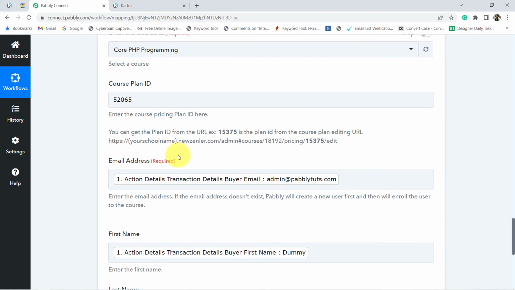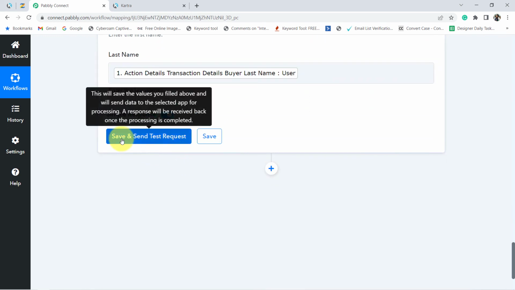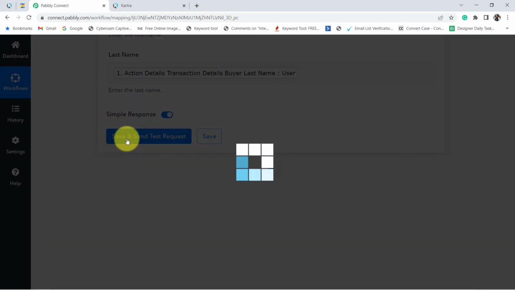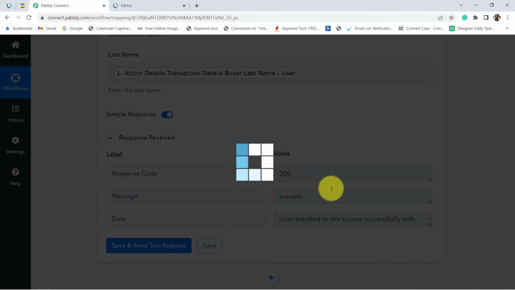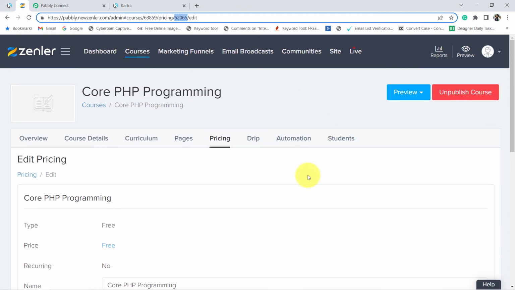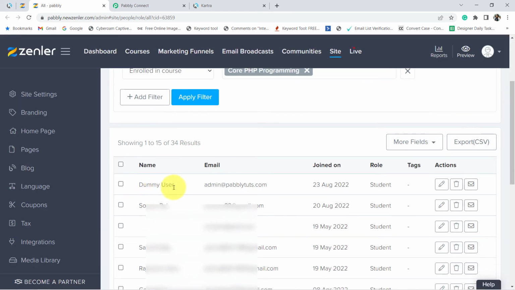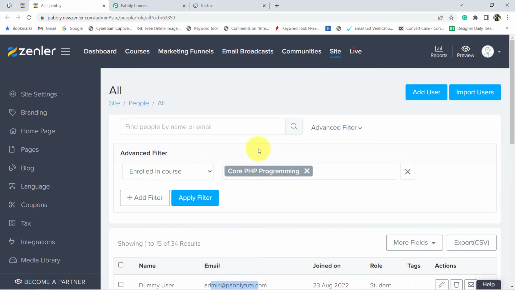Finally, I have provided all the information which is required to enroll the user in a course. Clicking on save and send test request and wait for the response. You can see success is there. Going back to Zenler and going to refresh this section. Okay, going to open the student section basically. So you can see the name and email address of the user are the same, which we have actually enrolled with the help of automation. So that means our automation is working absolutely fine because the person has been enrolled,